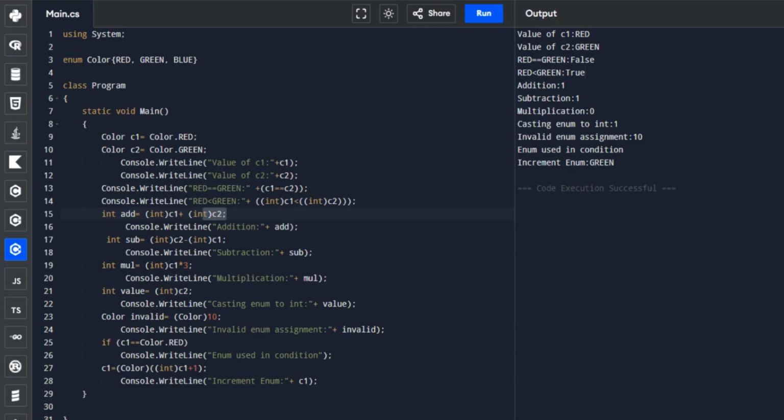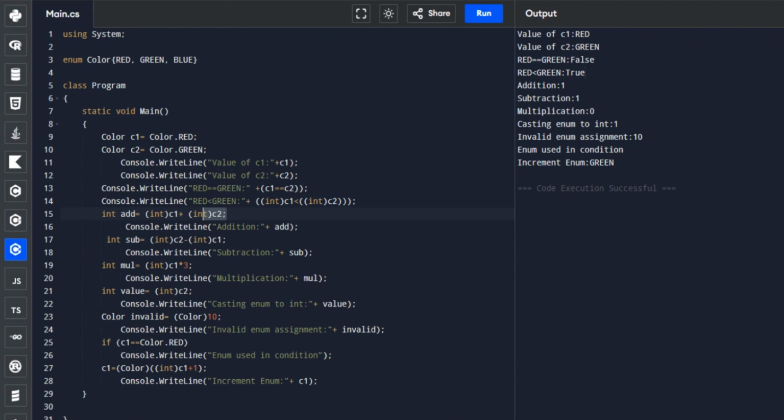So this experiment demonstrates that C sharp has stricter rules for enumeration types compared to C++, which helps improve program reliability and safety.